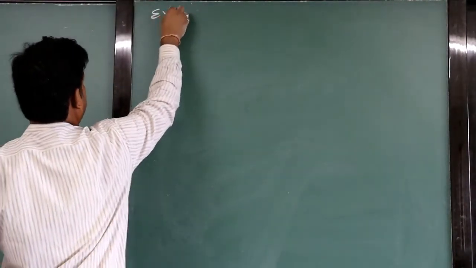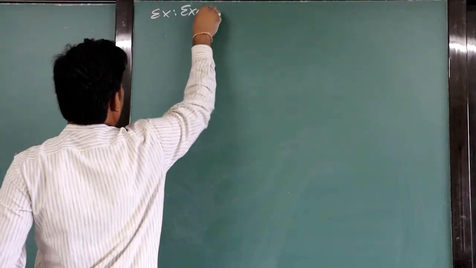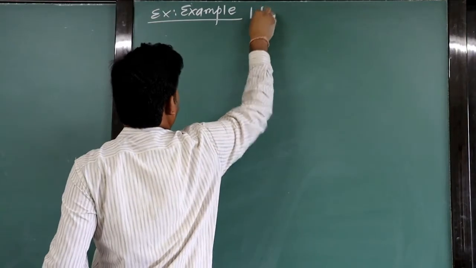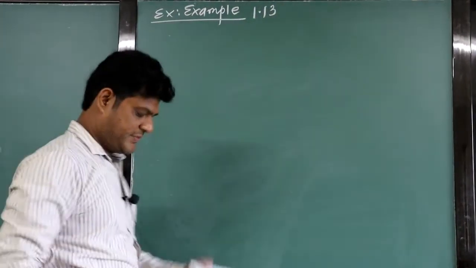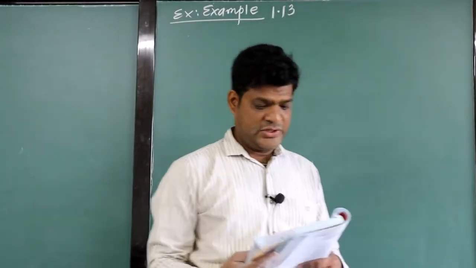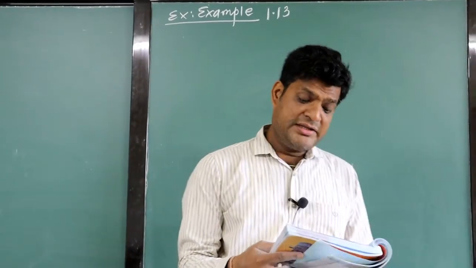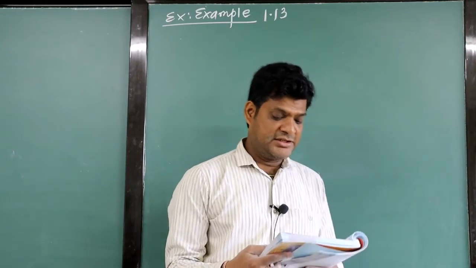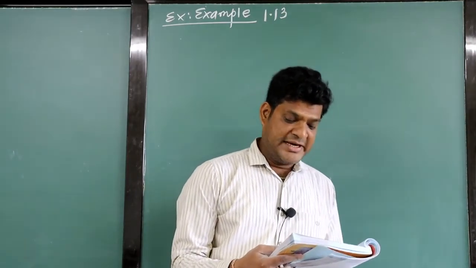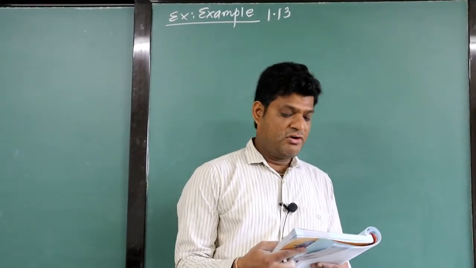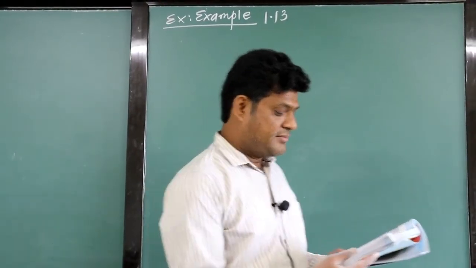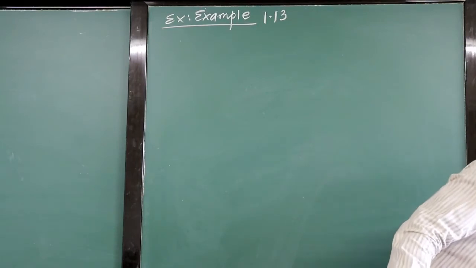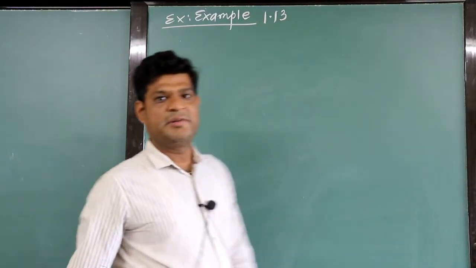Example 1.13. Suppose the spheres A and B in the exercise 1.12 have identical sizes. A third sphere of the same size but uncharged is brought in contact with the first, then brought in contact with the second, and finally removed from both. What is the force of repulsion?